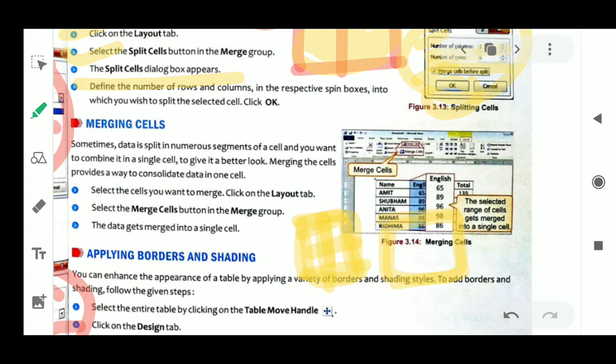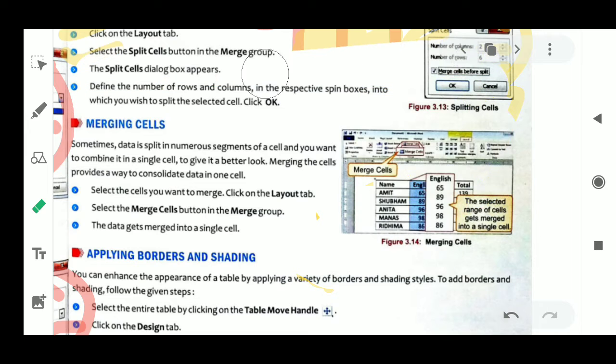For the entire table also you can do this. Suppose this is the table, so many grids are there and I want to make it one. So how is it possible? It is also possible, so we will see that here. For this, first of all you have to go to the layout tab. First you have to select that particular row, column, or cell that you want to merge.